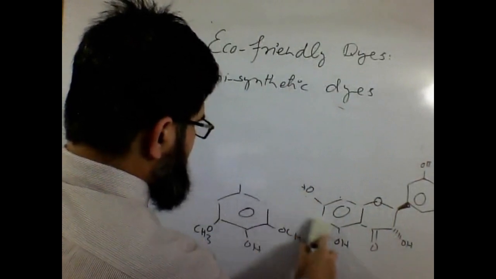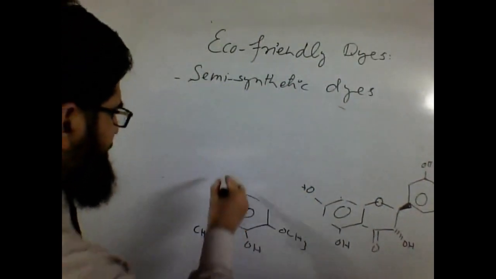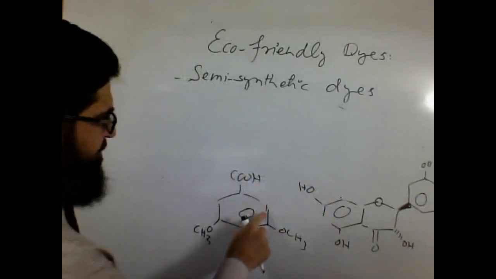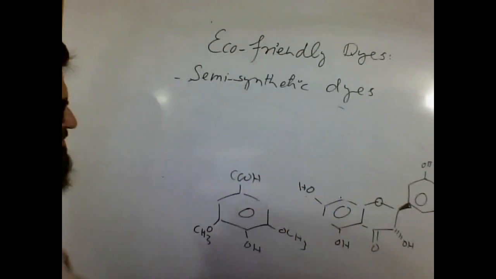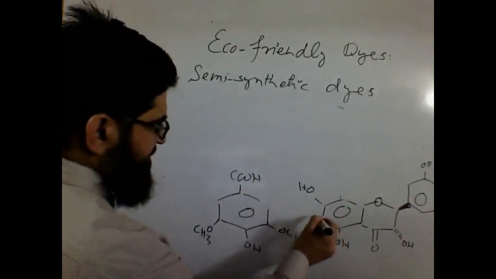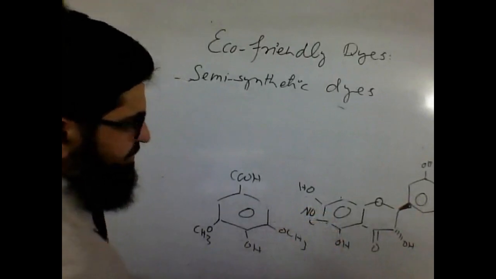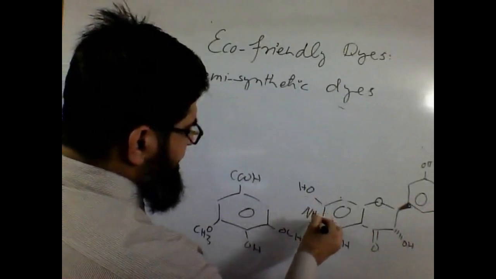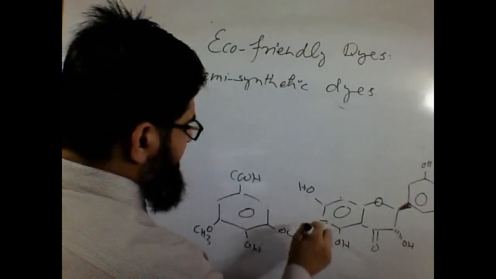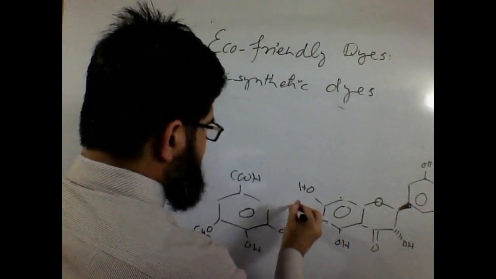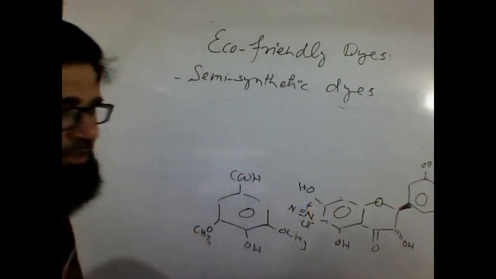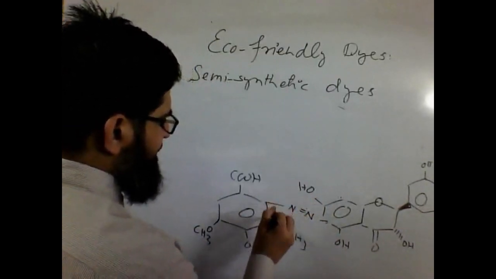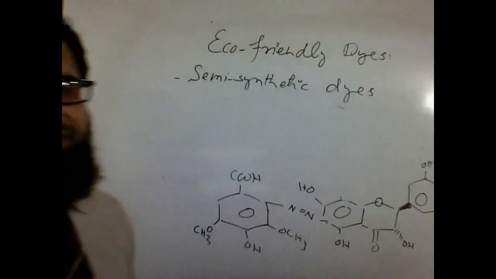Similarly, what I did over here, I performed nitration, reduction, diazotization of this ring. The same would have been done over here, the other way around. You could go for nitration, then one can go for reduction of this body, and then again one can generate diazonium salts over here. Then the coupling over here could give us again the same compound, same sort of dye.